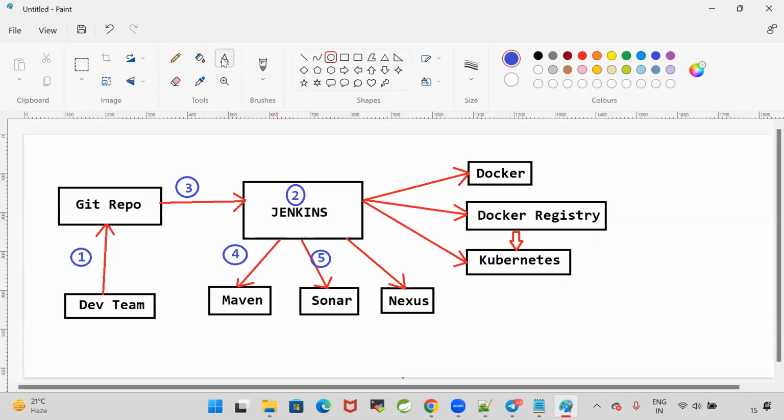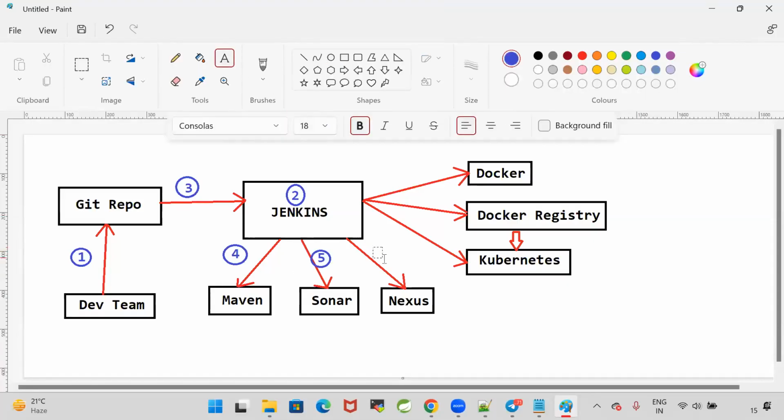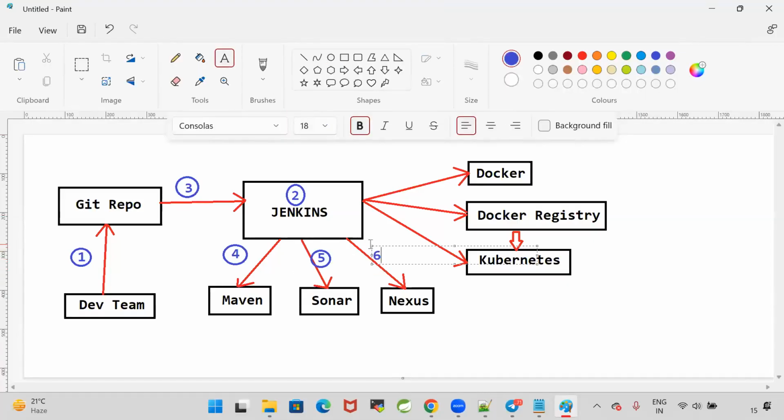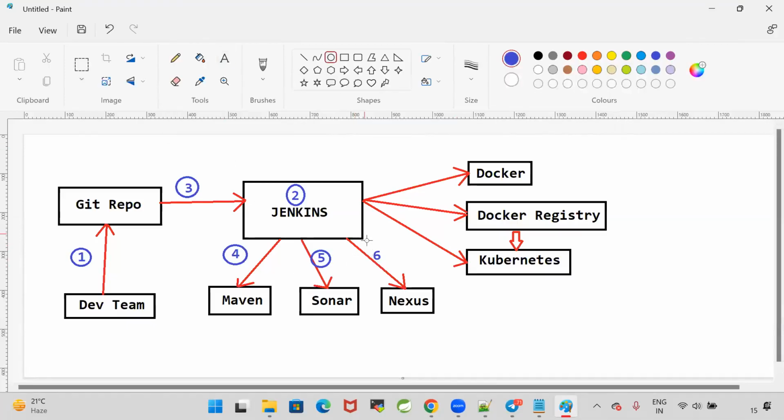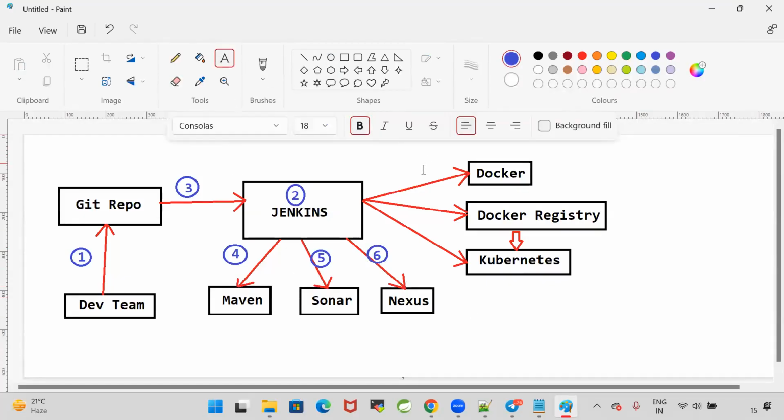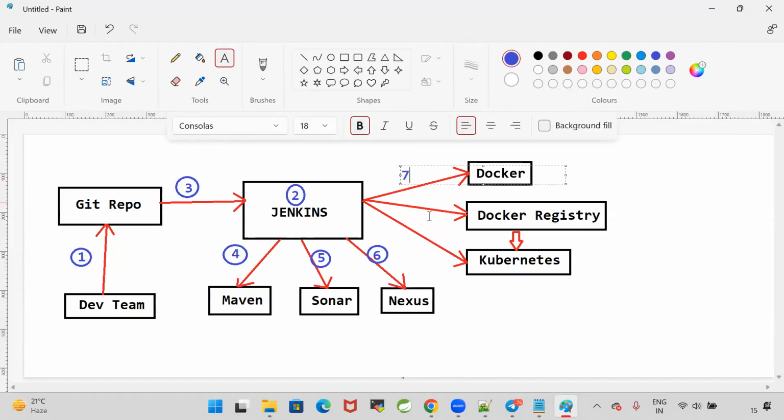Once the code review is completed, whatever artifact is available will be uploaded to the Nexus repository, where the project build artifacts and remote repositories will be available. Those things will be stored there. Got my point? Right. So once it is done, then Jenkins is going to communicate with Docker in order